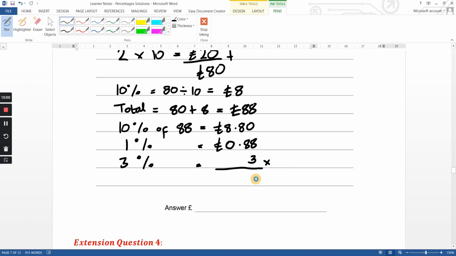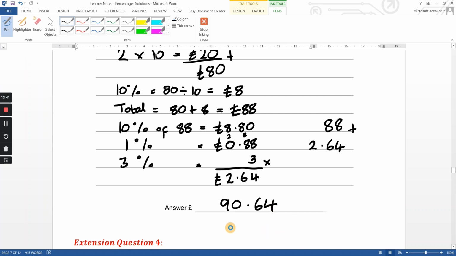8 3s are 24, carry the 2. 8 3s are 24 again, plus the 2 is 26, carry the 2. And 0 times 3 is 0, plus the 2 is 2. So I need to add on £2.64 to 88. It's not too bad. Just add £2 to that. That's going to give me £90, and I'll have 64 pence. So I can write my answer: £90